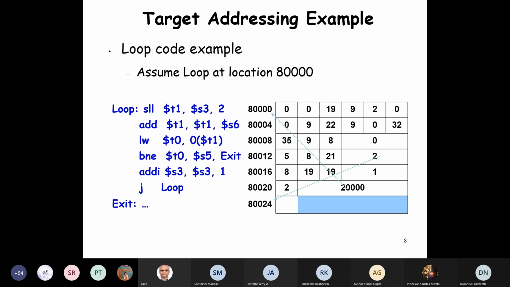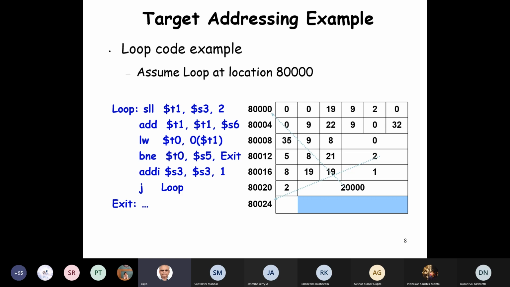But since this is PC relative addressing, by the time the offset and base address are computed, that is 2 into 4 is 8, the PC is already incremented. I think somebody had asked me this question last class or before that, when is the PC incremented?